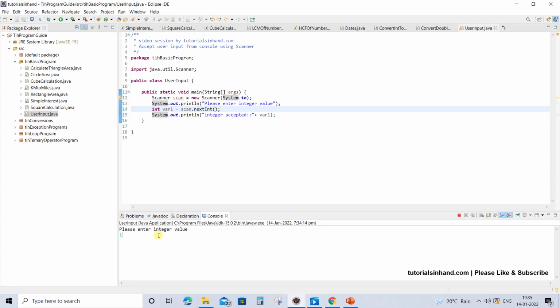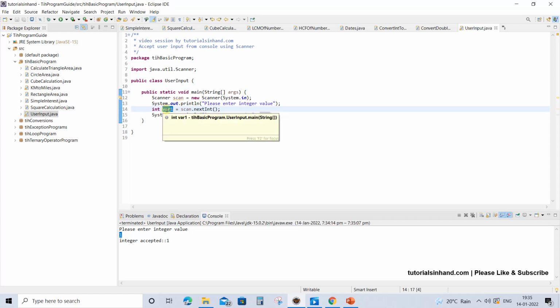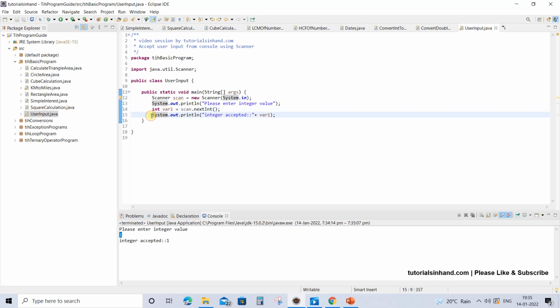When you enter this integer value and press enter, this 1 is stored in the variable that we have created, which is of type integer, and then this value is printed in the very next line, that is, integer accepted with the value that you have entered, that is 1. This is what is printed at the third line, integer accepted 1.